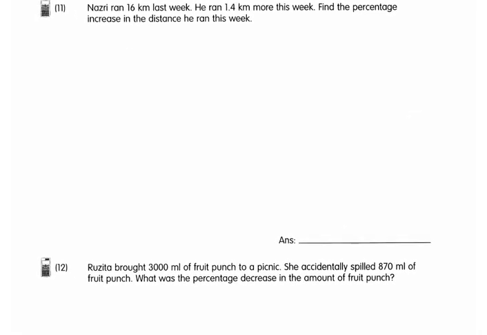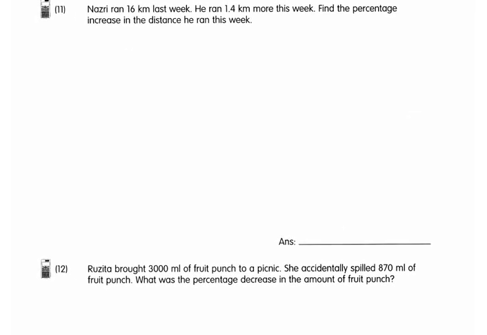Okay, Nazri ran 16 km last week. He ran 1.4 km more this week. Find the percentage increase in the distance he ran this week. Okay, now this question is more friendly, right? Because right inside the question they already gave you the increase. So you don't need to, you save on one step. So all we need to do is to use 1.4